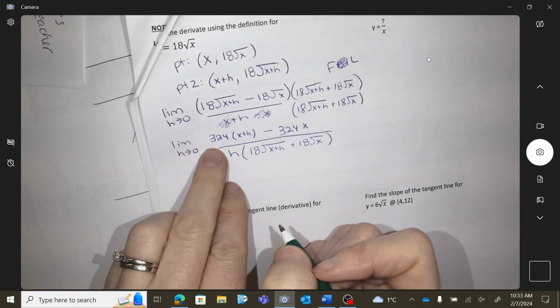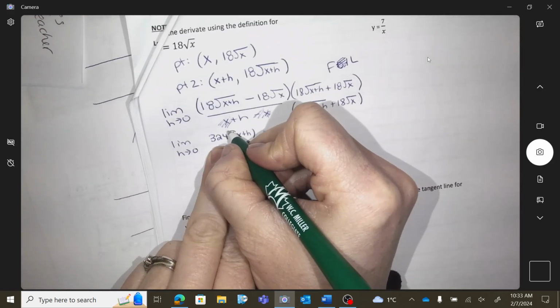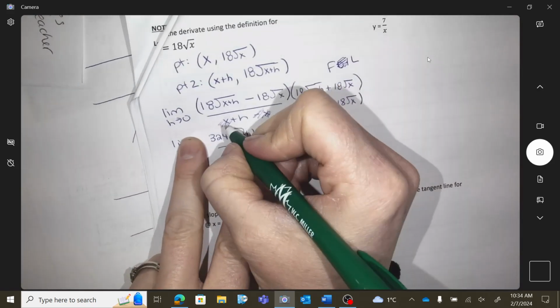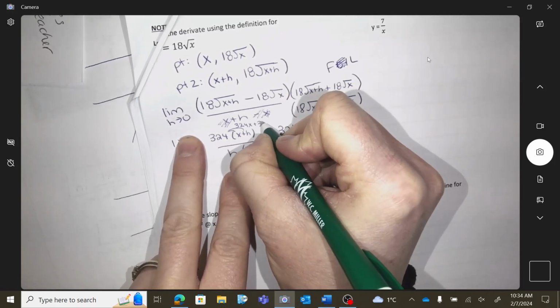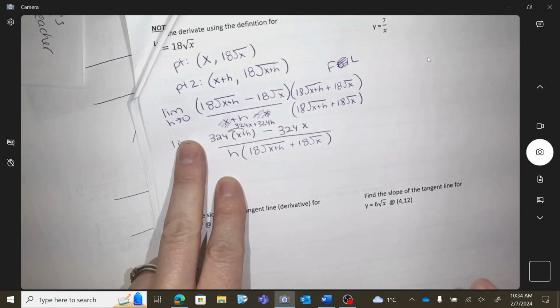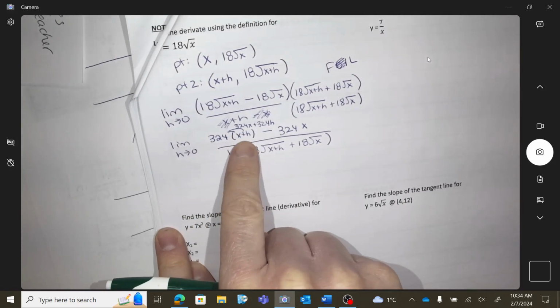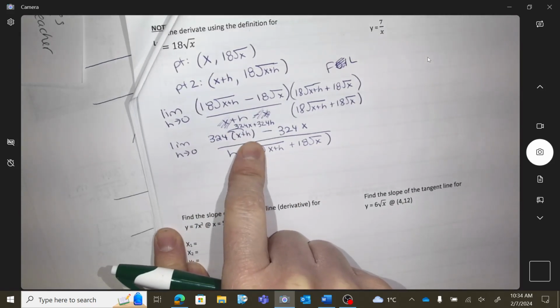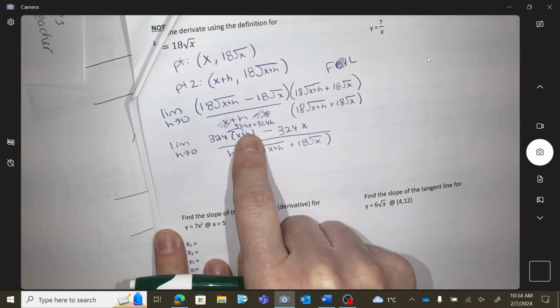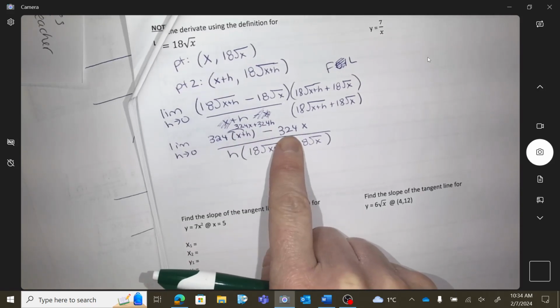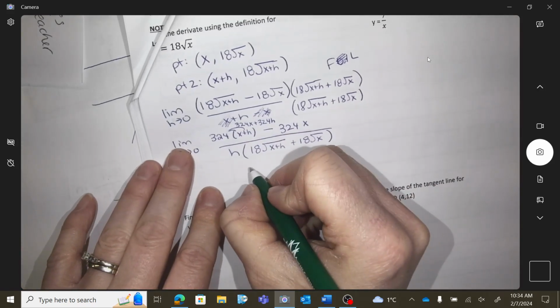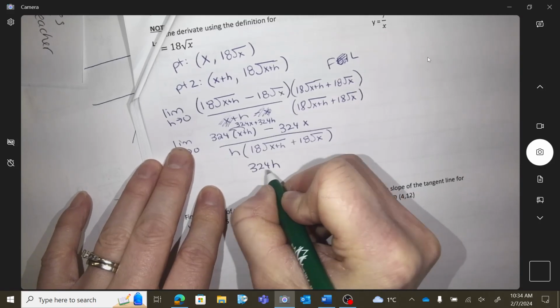Okay, are you okay if I just rewrite that as a distribution right there? 324x plus 324h, right? What happens on the top there? The x's just go away. So 324h over